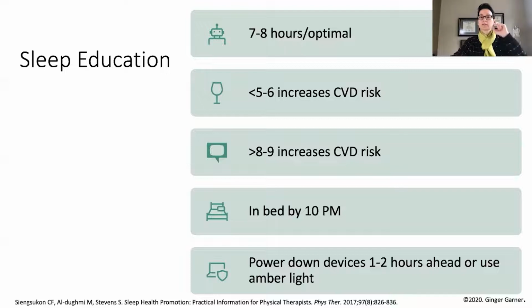A couple of other things I want to mention is the time of day for exercise. It used to be, oh, don't go out for a run in the evening or whatnot. We can see that that might increase kind of HPA axis activation. For some people, it's very relaxing. So we don't know how everyone responds to exercise, but what we do know is exercise is critical. So instead of worrying about the time of day that you're exercising, just get them to exercise. Okay. In the literature, that time of day for exercise is not found to be significant. But we do know that exercise increases slow wave sleep and total sleep time, and it decreases sleep onset. So just get them out there and get them moving.